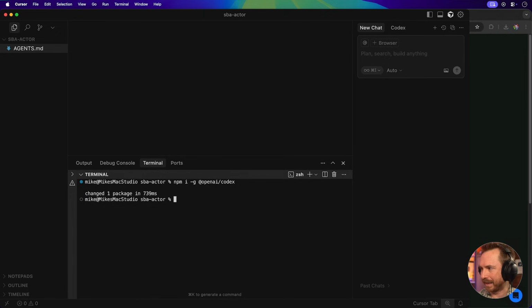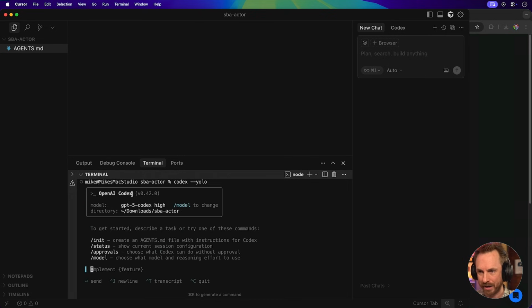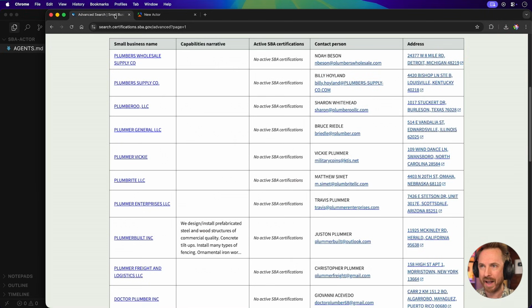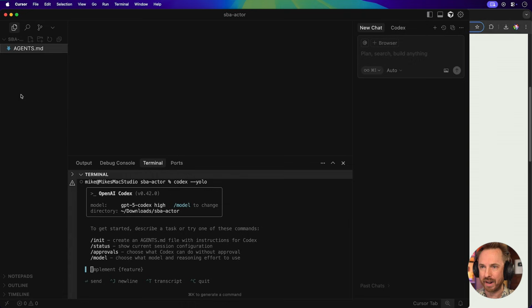First, install Codex. I've already done that. And next, we'll install Google Chrome DevTools with one command as well. And that's all set. Now I can clear my terminal down and type Codex --YOLO, you only live once, to run in automated mode. Now you'll see I get OpenAI Codex all loaded up. I'm using the GPT-5 Codex High model to do this, and because I've got all the instructions in my agents.md file, all I need to do is go to the web and grab a copy of this web URL, and we'll just type in a simple prompt: build an Apify actor for this site, and then paste in the URL